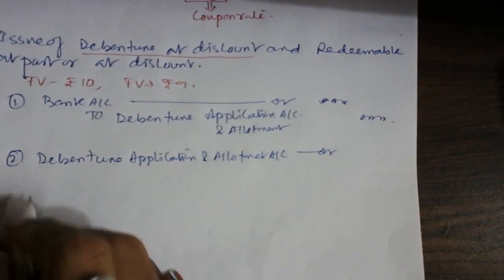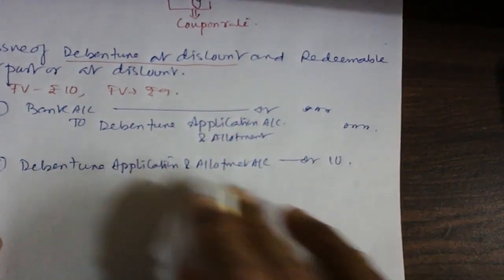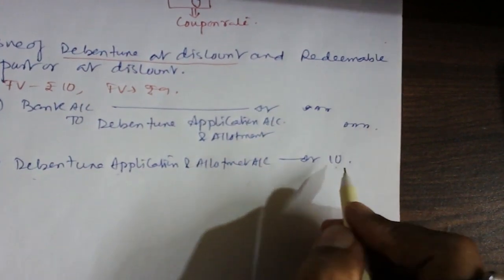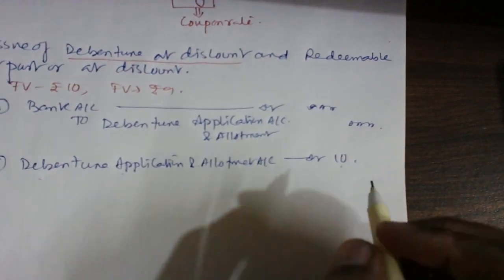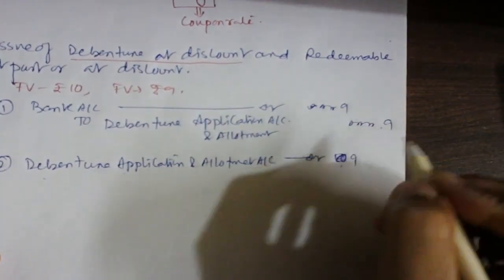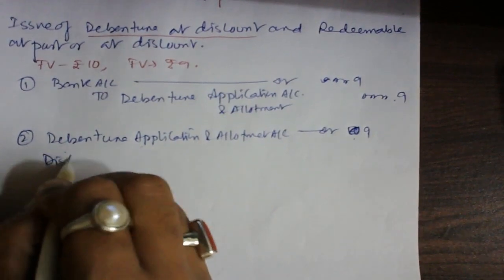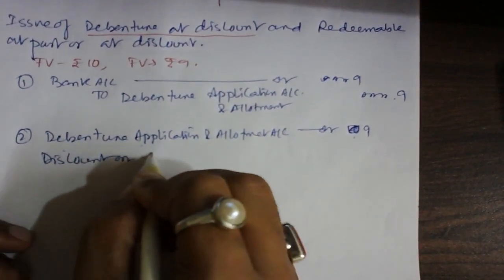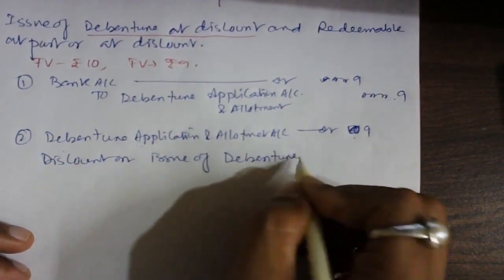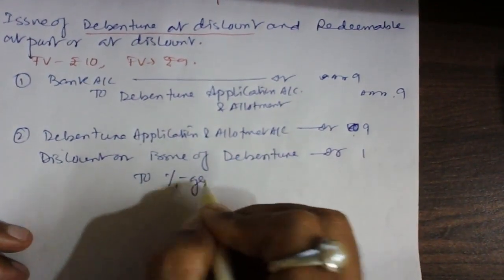There will be no 2 in this. See guys, here you can say 10 rupees. Actually, it will not be 10 rupees, sorry, it will be 9 rupees, sir, because I have received 9 rupees only, for our example. So what is the discount you have given on issue of debenture? You can write discount on issue of debenture